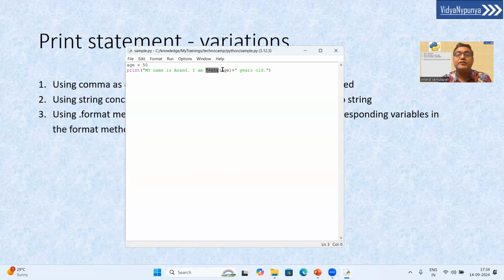You can just put everything together at once. My name is Anand and I am, within curly braces, you have to write the variable number starting from 0. If you have more variables, you will just write 0, 1, 2. Basically, let's say city is equal to Hyderabad. I will just declare another variable just to show you. I am some years old, and then I live in